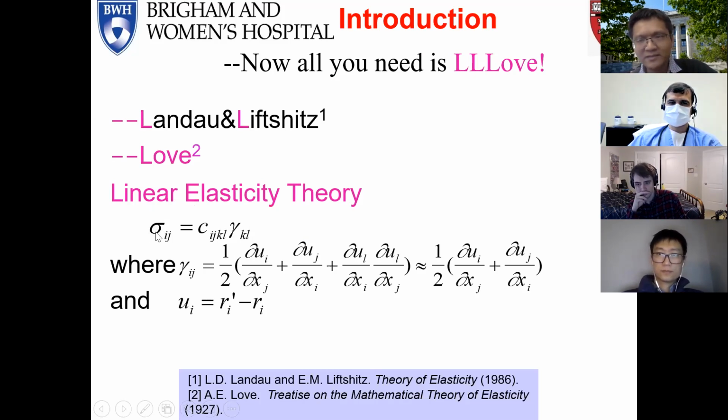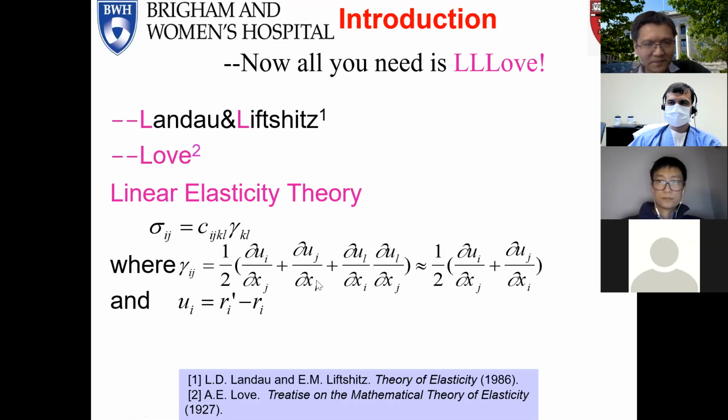The stress in this case is written in the form of a matrix, and so there's a strain. And the strain here is defined as the following partial derivatives, shown here. And in linear elasticity theory, we basically ignore the higher order terms. So this is the approximation. So here U is the displacement vector. So if you started, for example, with